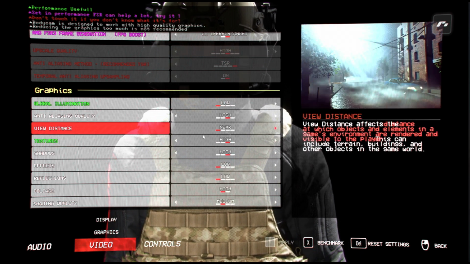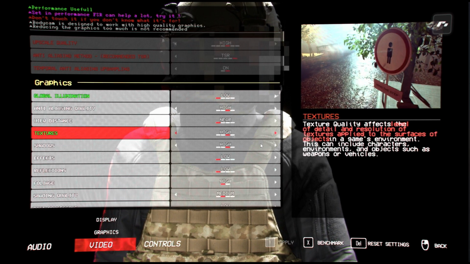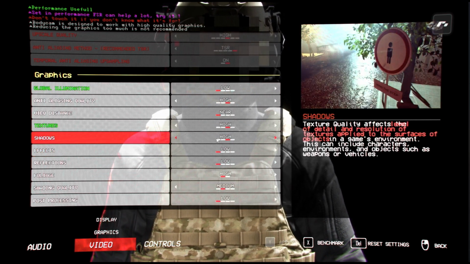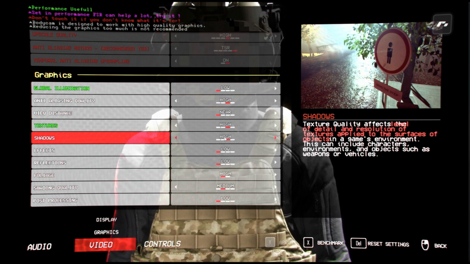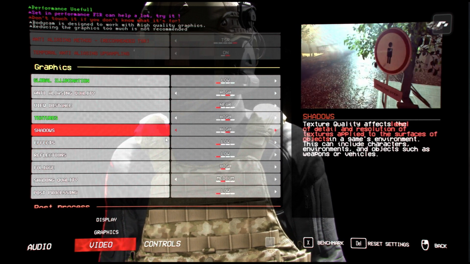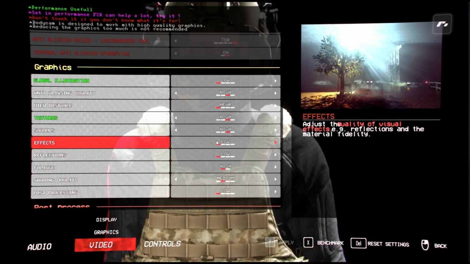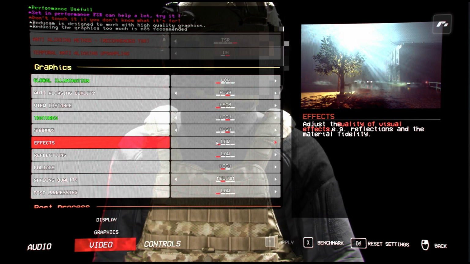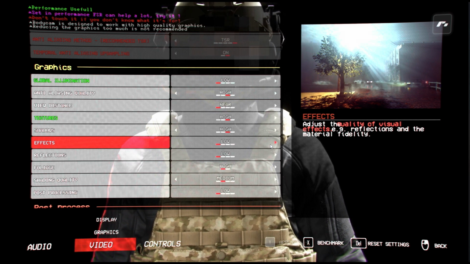The texture I like to keep at high. That way the game just looks nice. I keep shadow at high because I want the game to look nice. I turn effects to low because these will absolutely destroy the FPS on your game. You want to keep them low